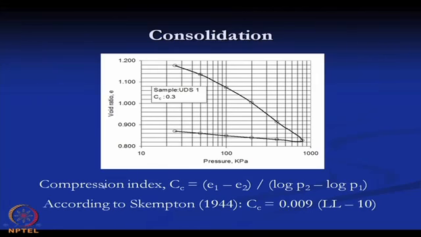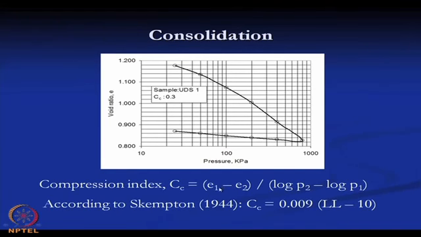The major difference between these two methods is that by compaction we can remove the air voids, but by consolidation we can remove the water voids. There are other differences also, but this is the major difference. So, consolidation means we can remove the water present within the soil pores. This consolidation can be done in the laboratory, and